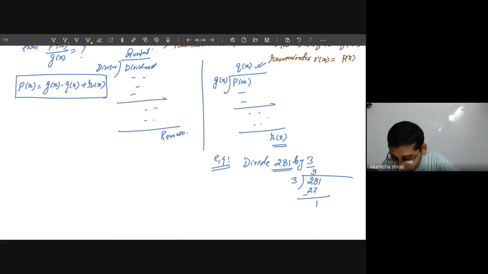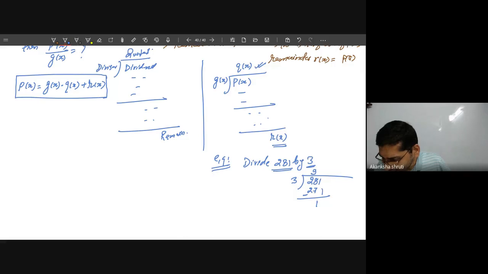You people know this, but please understand it carefully, because the same thing we are going to apply to polynomials, and there you make mistakes. To avoid that, I am revising this. Whatever number lesser than that we have written, we have to take the difference. This difference is an important step, and we will do this step in polynomials also. Now what is left is 1.